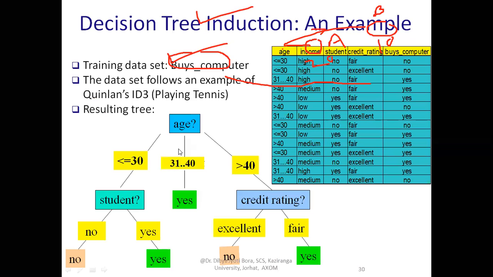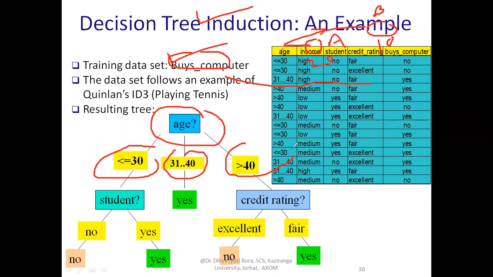And while doing so, we recursively apply the divide and conquer strategy. Divide and conquer strategy means what? Previously, we had this one node and we had three conditions. Based on the three conditions, we divided into three different nodes. So always we try to divide and based on that, we conquer it. So this is a kind of top-down, to remember, and divide and conquer strategy.